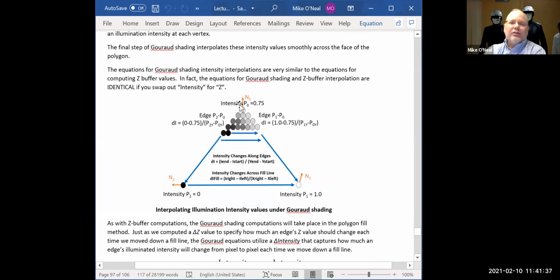If you had a triangle, you would get 3 surface normals. From those surface normals, you would compute 3 intensities, and then you would do a bilinear interpolation where you're computing the intensities along the active edges, and that's given by the delta for the intensity: the intensity end minus the intensity start divided by y end minus y start. That equation should look very similar. It's in your polygon fill, only it's not for intensity, right? It's for z, right? And also moving across, you take your